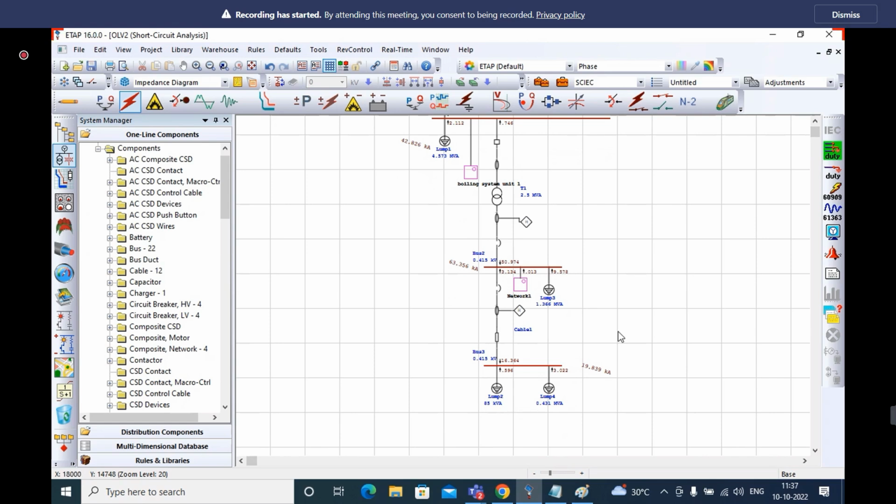Based on this fault current I'm going to create. Or otherwise, if you want to check based on the higher fault current, you can assign the earth mat here, that is the ground grid system.